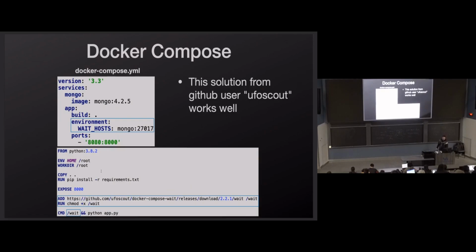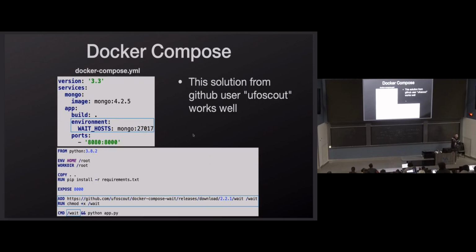This wait command is set up to look for an environment variable. It's going to read an environment variable named WAIT_HOSTS, all capital with an underscore. It's going to take host, port number pairs, and then a list of these. You can wait for multiple hosts, I believe. I have never done that, but I'm pretty sure it supports that. And we're going to wait for Mongo, the Mongo service, to be ready for TCP connections on 27017.